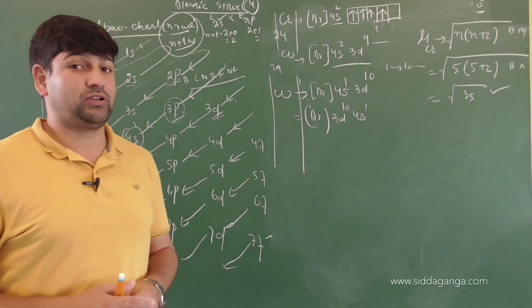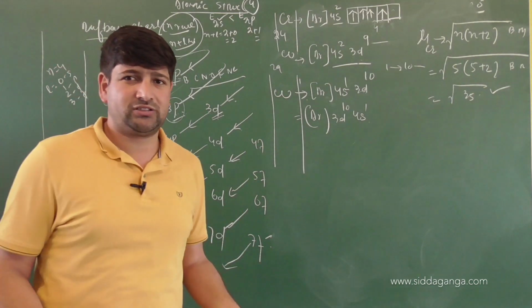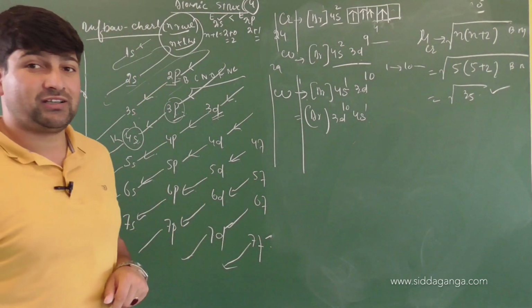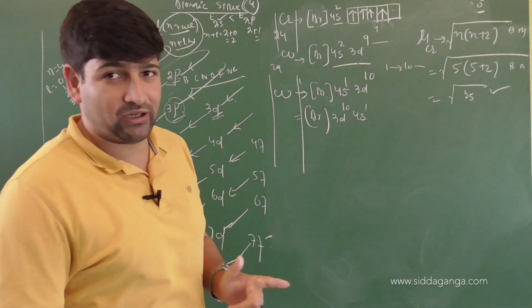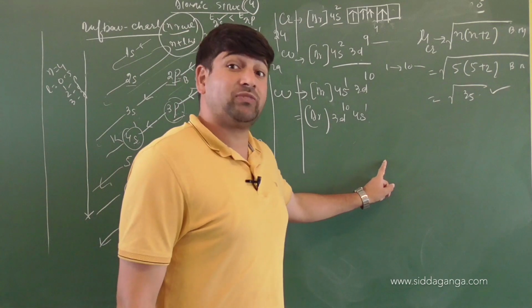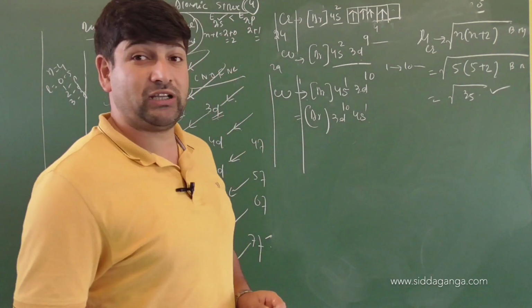So what does electronic configuration mean? Arrangement of electrons in various shells on the basis of their energies. And what are the rules for filling it? I mentioned the above method, which has two rules, the n plus l rule. Then I mentioned Hund's rule. Then one more rule which I said yesterday. What was it? Pauli's exclusion principle.